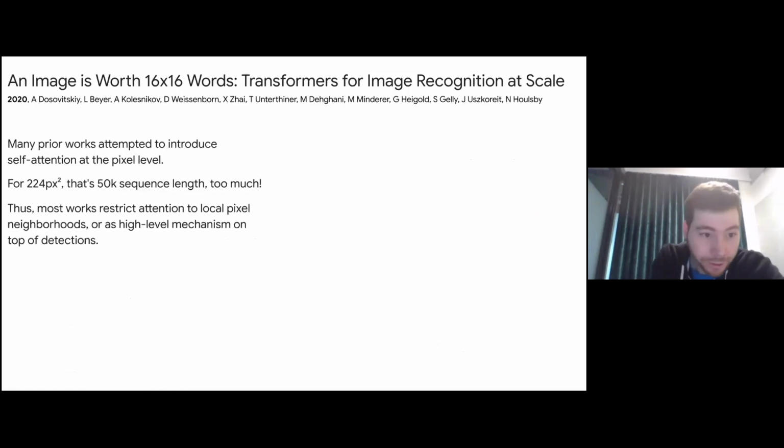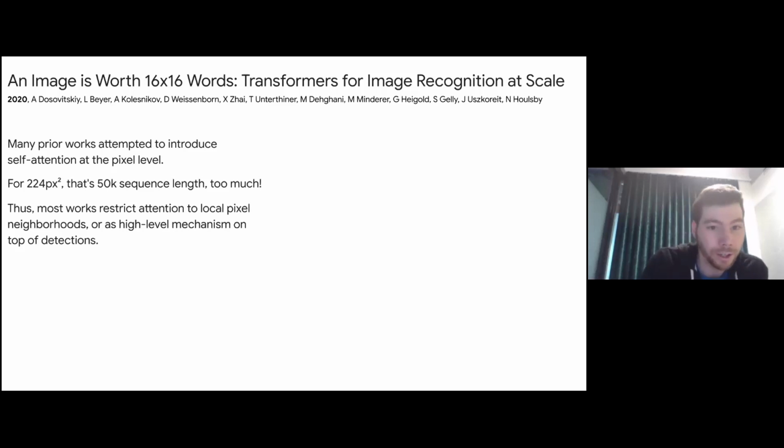In computer vision, lots of people tried to see a pixel as a token, right? And then we want attention from all the pixels to all the pixels, and we can understand the image very well. However, going back to the question earlier, this is crazy. Typical resolutions used in computer vision are 224 by 224 pixels. That's about 50,000 sequence length, which just doesn't work. And so a lot of works have tried to get inspiration from what works in computer vision, convolutional models. So maybe do attention only in a small neighborhood and then slide this over the image or something like that. These papers work, but were not really a game changer, and in the end are really similar to ResNets or ConvNets, right?